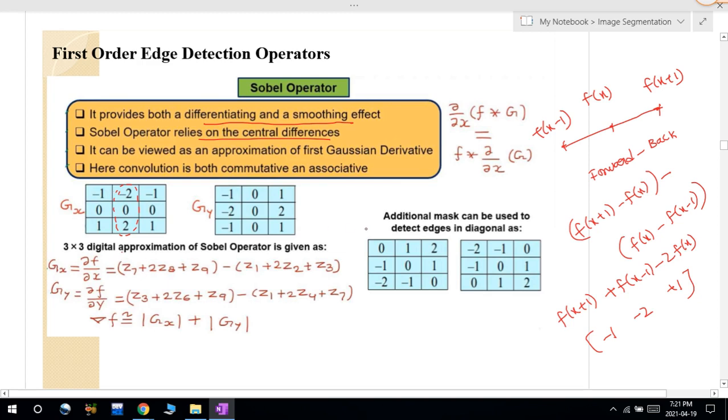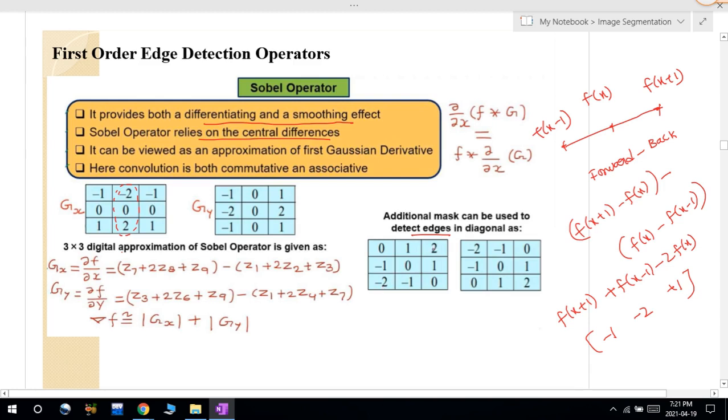These two are used to find the edges in both the x direction and the y direction. That is, they are used to find the gradient. So the gradient in the x direction using this Sobel operator is found with this filter or mask. And if you want to find the gradient in the y direction, we will use this mask. If you want to find the edges, I will place more weight in these positions.